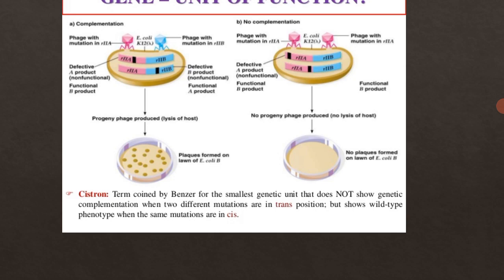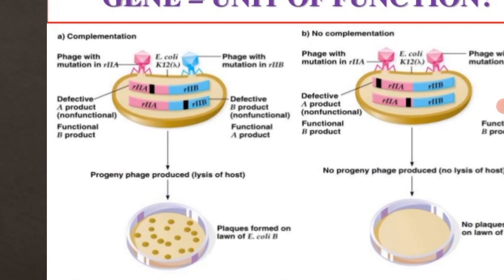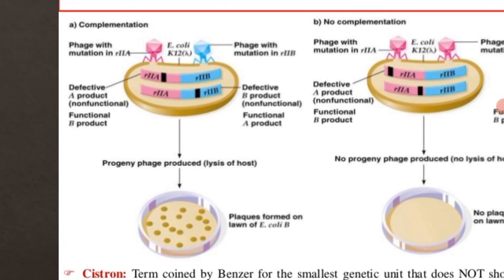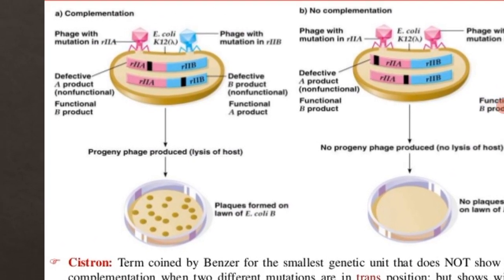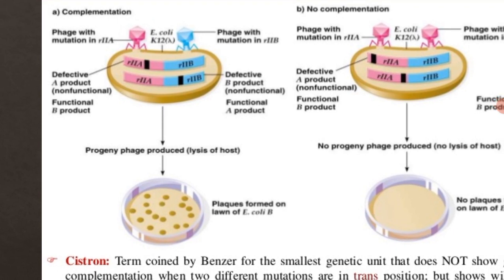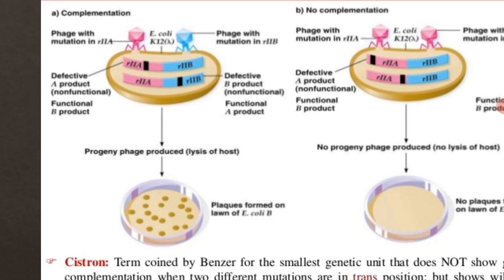Now look carefully at the picture. It is a very interesting and simple topic. So we have two mutations, okay. Now we have to check whether these mutations are present in different genes or in the same gene. So the phage with the mutation in R2A is producing a non-functional, defective A product,